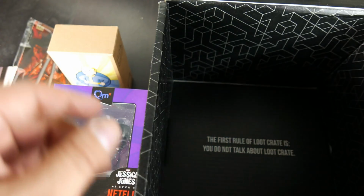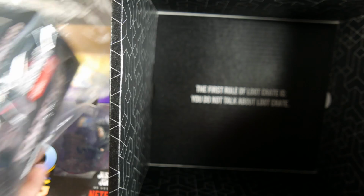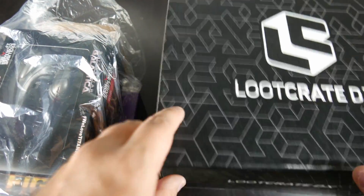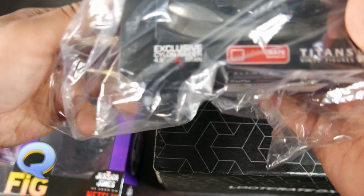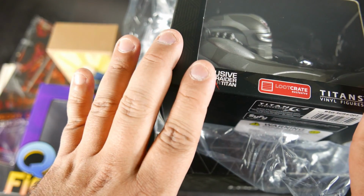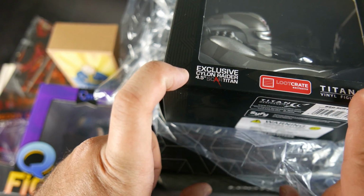And then finally, the first rule of Loot Crate is you do not talk about Loot Crate. I think the first rule of jokes about Fight Club is you don't make jokes about Fight Club, because it makes you come off a little bit as like you might be trying a little too hard. Overall, that last one actually had that really cool Bioshock thing in here. This one has a Battlestar Galactica Cylon Raider Titans. This one is a 4.5 Scar Titan. It says Loot Crate exclusive, and